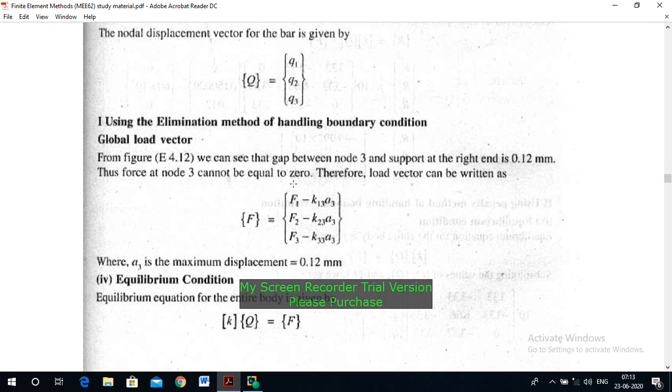It should not be equal to 0. Therefore, for the load vector calculation, you should remember this formula: F equal to F1 minus K13 A3, F2 minus K23 into A3, F3 minus K33 A3. K13, K23, K33 are the elements from the global stiffness matrix. You can take those values and multiply by A3, where A3 is the maximum displacement, that is 0.12